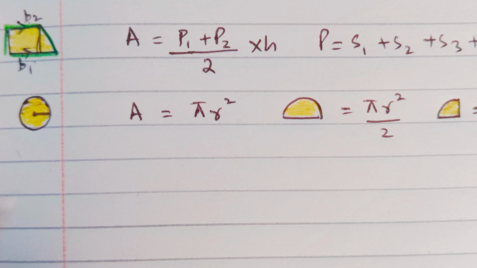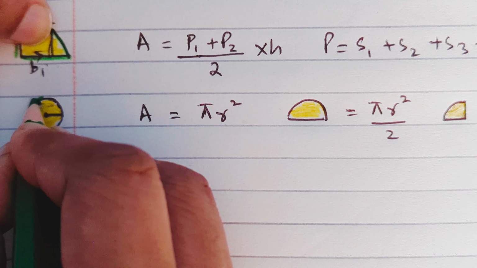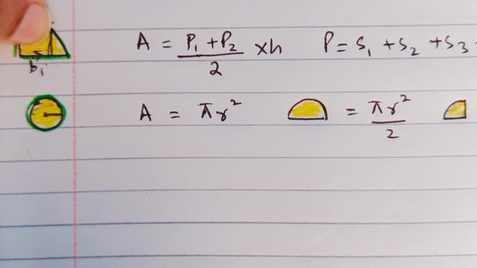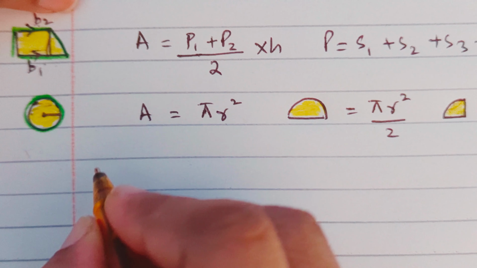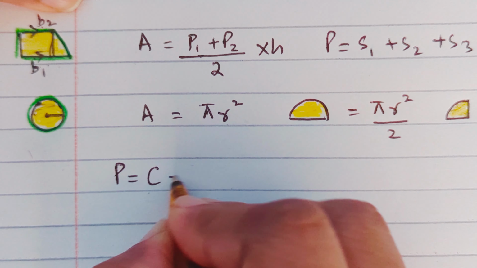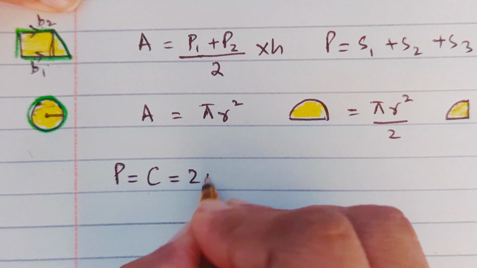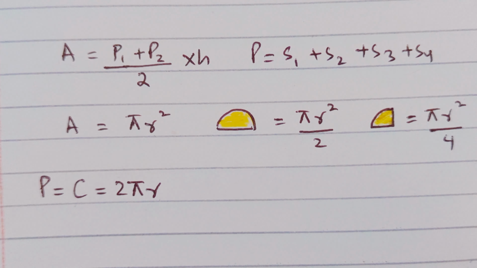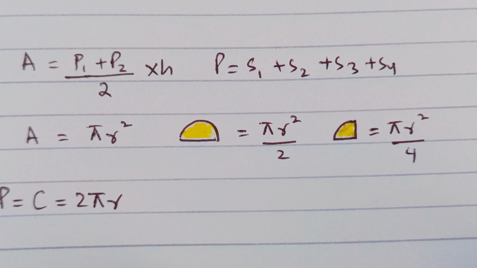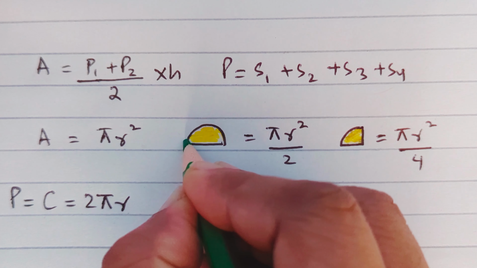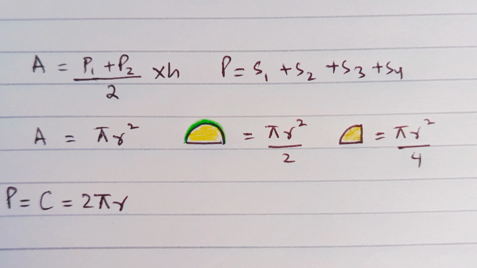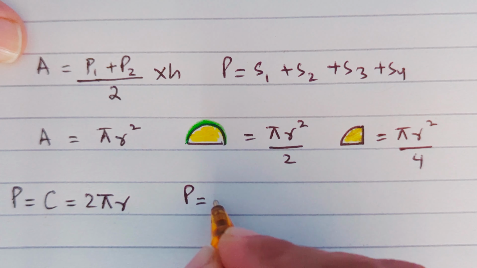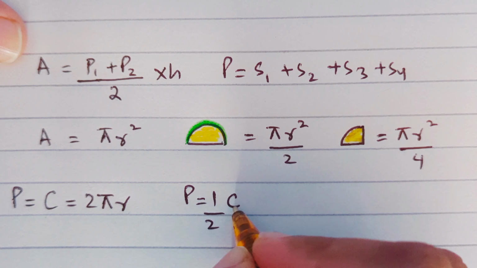So for the circle, the perimeter is the outer part, and the outer part of this circle is called circumference. So here the perimeter is equal to circumference, and for circumference the formula is 2 pi r, right? And when we talk about the semicircle, the perimeter of a semicircle will be half of the circumference. Okay, so we will write the perimeter is half of the circumference, 1 upon 2c, and for c we will